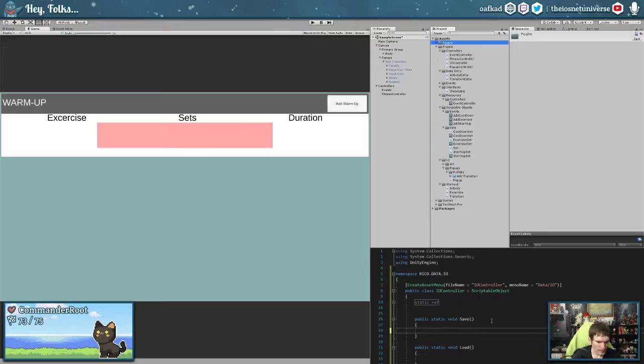Okay. But the general gist of it is we're going to do PlayerPrefs.SetString, and that string is going to be called save, and the value is going to be our save data. So our save data is going to go in this area right here. And then our load is going to be PlayerPrefs.GetString, and that string is going to be save, so then we have a string saveData equals this. And then what we'll do is we're going to have JsonFx dot JSON dot.